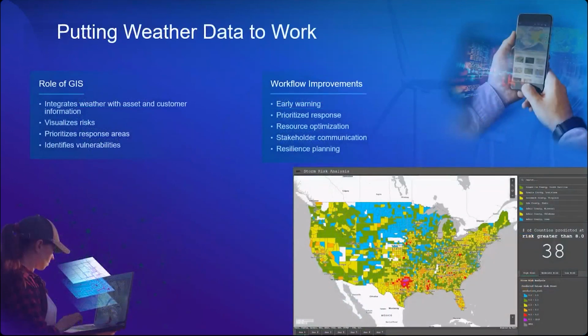Integrating this weather data into the ArcGIS system is really next level. Rather than another system and another place to look, another thing to check, it can be right there, integrated into the very best system information that you have, along with considerations for your community and your customers, allowing you to make the right decisions at the right time. You know, we hear a lot about analytics, but it actually starts very simply. Visualizing is the first building block to analysis, and it's right there on your storm dashboard. You get early warnings that enable you to prioritize specific areas that'll be hardest hit for adequate resources and communication